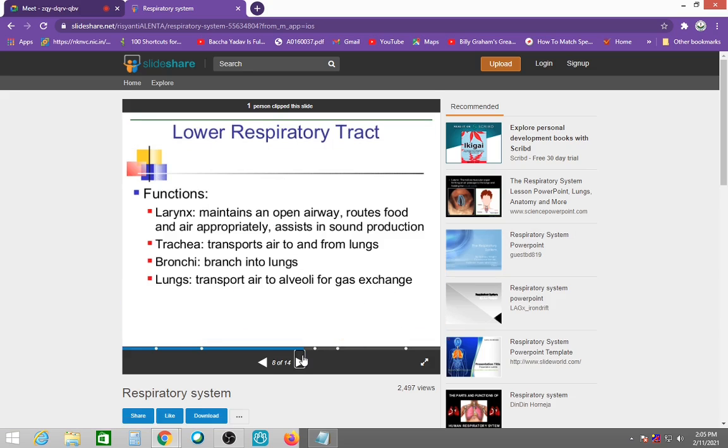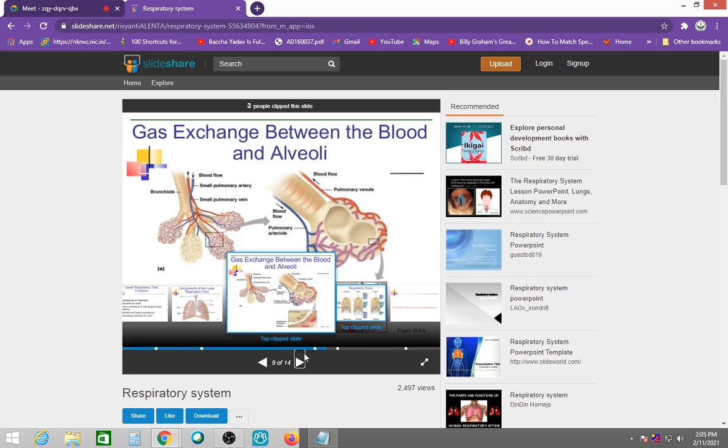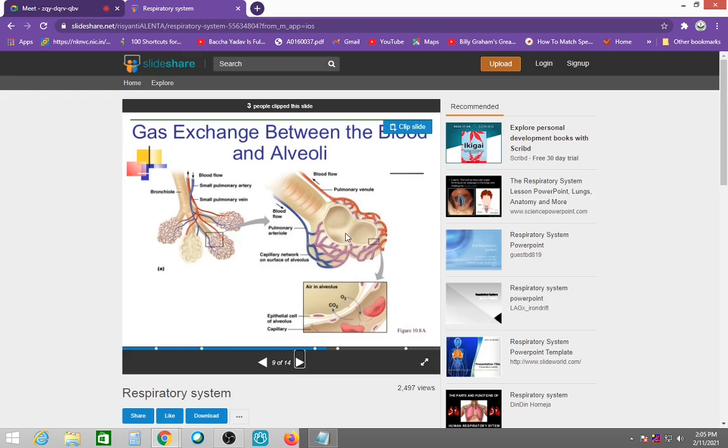Now, these are the same functions. Today I just want to give you a brief idea about the basics, but I think you all know this anatomy and physiology. This is how the normal alveoli look. These are air-filled sacs. This is the bronchiole. These are usually called respiratory bronchioles, the smaller ones. This is the terminal bronchiole.